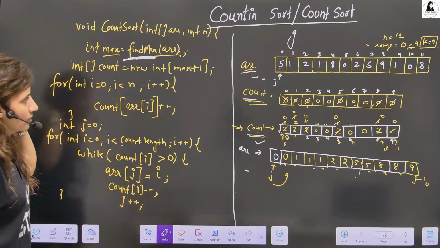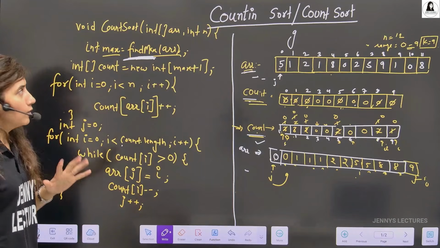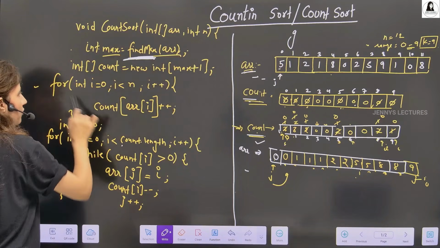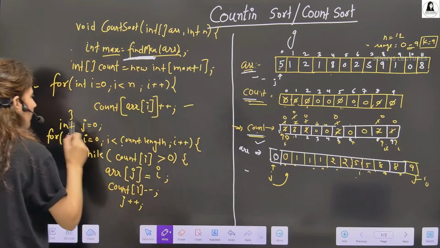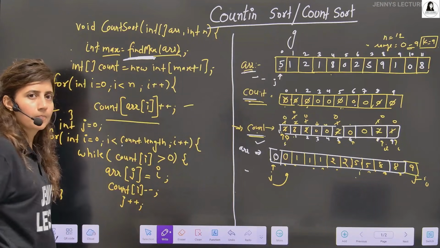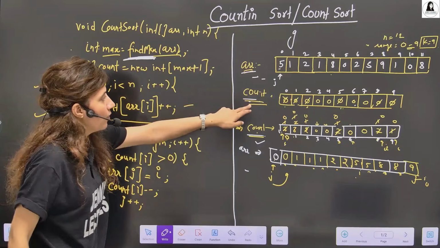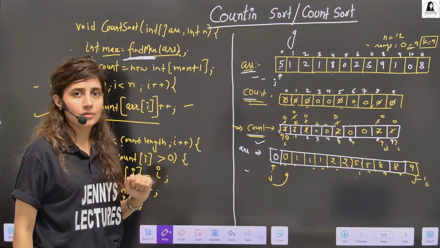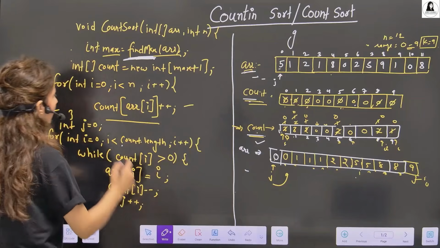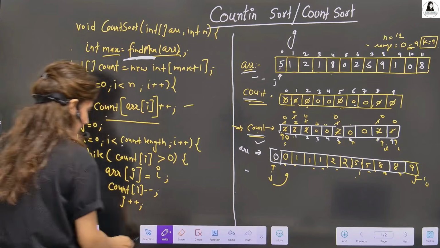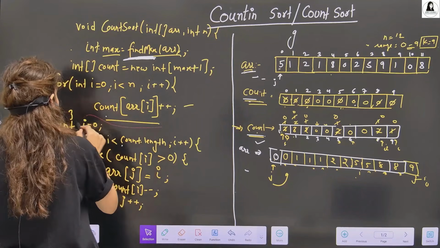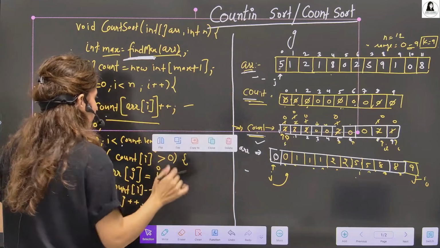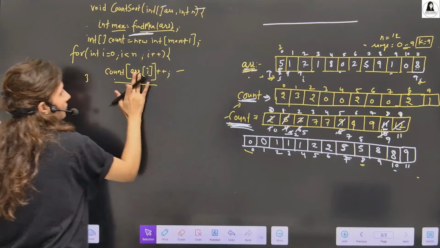The code for this is, this approach was this. At the very first, we find the max, this is fine. We take the count array, this is fine. We traverse this and update this count array, this is fine. Till now it's fine. But after updating this count array, we again update this to find the position. Right? So till now, it's correct. So let's copy paste this. For now, you pause the video first, and you try to write down the code for this. So till now, it's as it is.